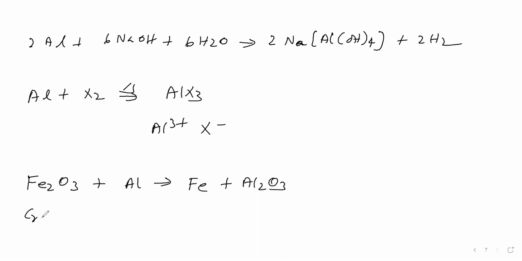Then it is converting Cr2O3 into chromium, and Mn3O4 into Mn. Where is it used? Suppose in big machines, holes are created inside some part, and that hole should be closed by molten metal. For that case this reaction will be used. Suppose you want molten chromium, you take Cr2O3, add aluminum, provide the necessary temperature, and this chromium undergoes reduction and becomes molten chromium.